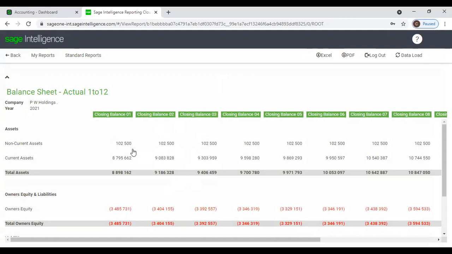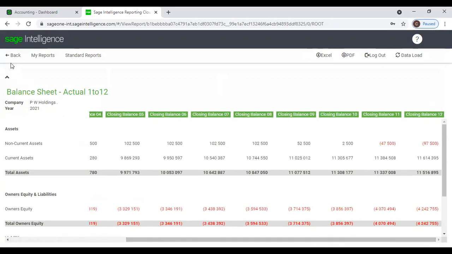Now in this report, you can view balance sheet actual 1 to year, and period wise balance sheet you can view. You can view the company name and financial year. Here you can view assets, liabilities, equities. And also when you are generating this report,